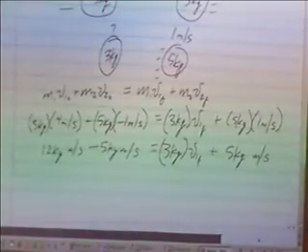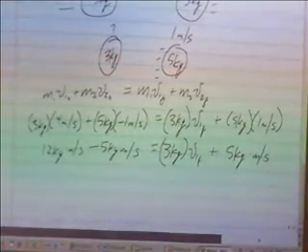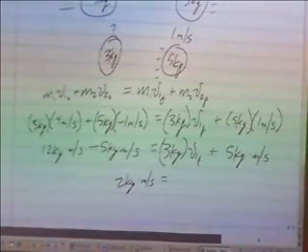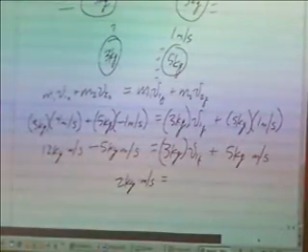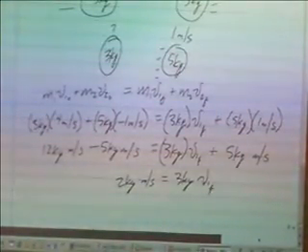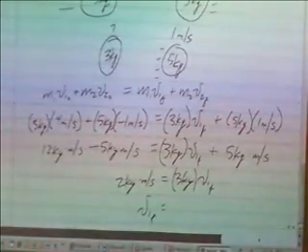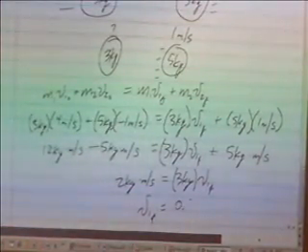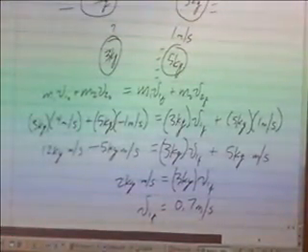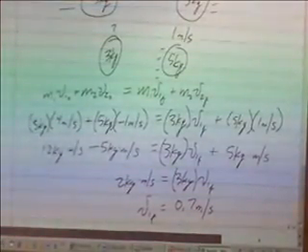When I combine like terms, I get what? 2 kilogram meters per second equals 3 kilograms V1 final. So V1 final, according to this math, should have been 0.7 meters per second to the right. So clearly what happened in my collision was we didn't really slow